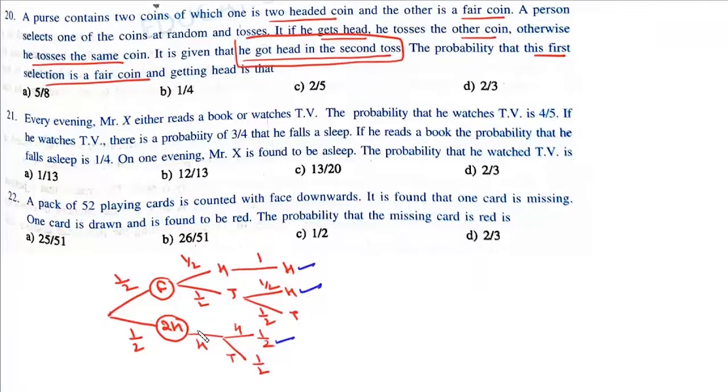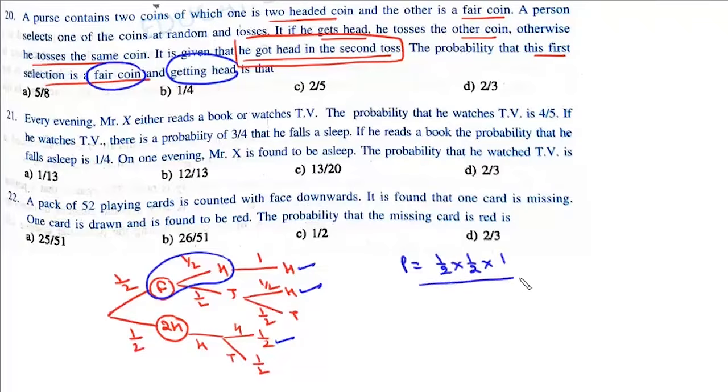Now it says, it is given that he got heads in the second toss. Now we need to find this probability that first selection is a fair coin and getting heads. So that means first coin, it should be fair and we should get a head. So this case, it should be in the numerator and all other cases will be in the denominator. So this required probability will be this 1 by 2 into 1 by 2 into 1 upon,